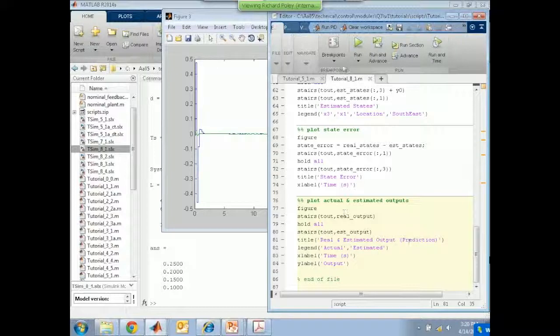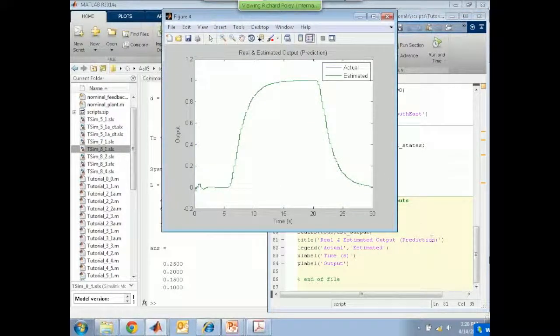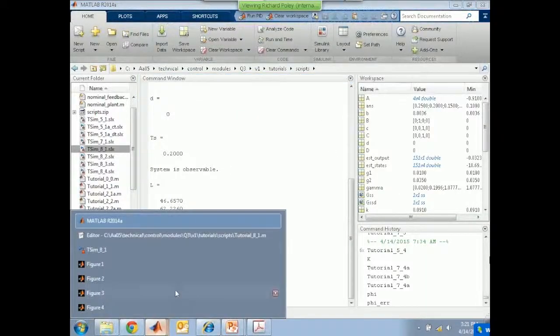And then finally, we'll plot the outputs on top of one another. So this is Y2. This is the mass M2 position, and you can see apart from a little bit of error at the beginning, we're pretty good because there's a blue and a green line, and they lie on top of one another. So this estimated design is doing exactly what we hoped it would, providing the whole state vector for use in that integrating feedback controller.